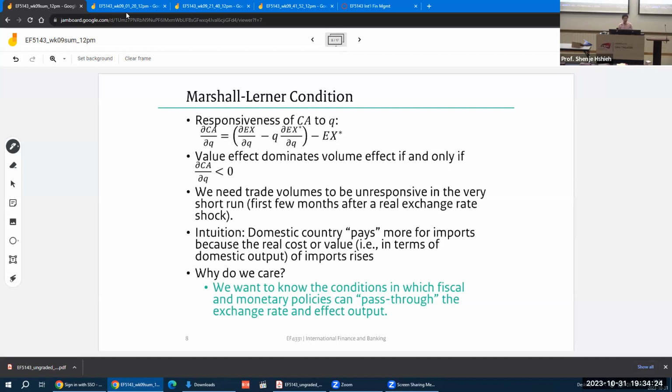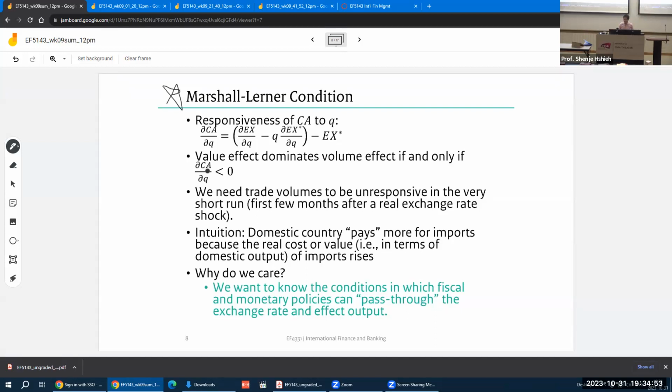It's called that because it's the condition necessary to claim that changes in the spot exchange rate can ultimately impact output. It's also known as the Marshall-Lerner condition, and all it says is that the sensitivity of the current account with respect to Q is positive. If it were negative, that would mean the value effect dominates the trade flow effect,